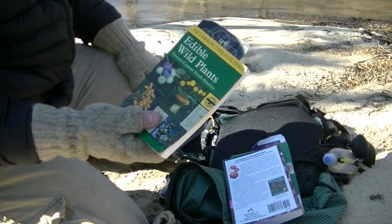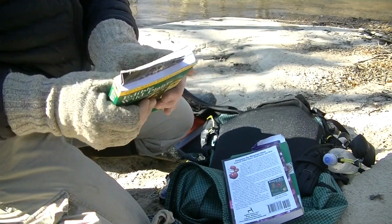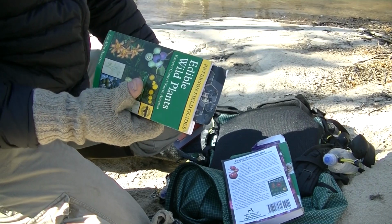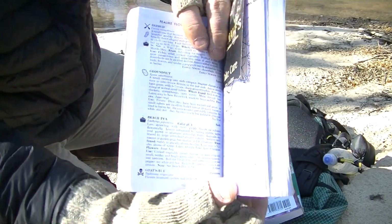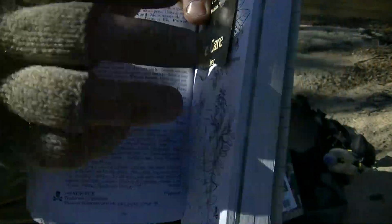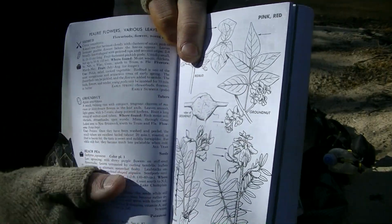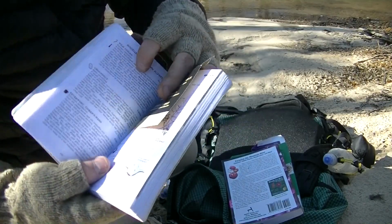Alright, let's go off first with the edible wild plants book that everybody knows, the Peterson Field Guide. This is a good book, but to be truthful with you, this is more of a quick reference book. If you really want to know something about something, you're going to have to get a more specific book. This has it in here twice, labeled as groundnut. And then over on this side, it's showing the tuber and the actual physical plant. It does it on this page for the edible wild plants section, and also does it on another